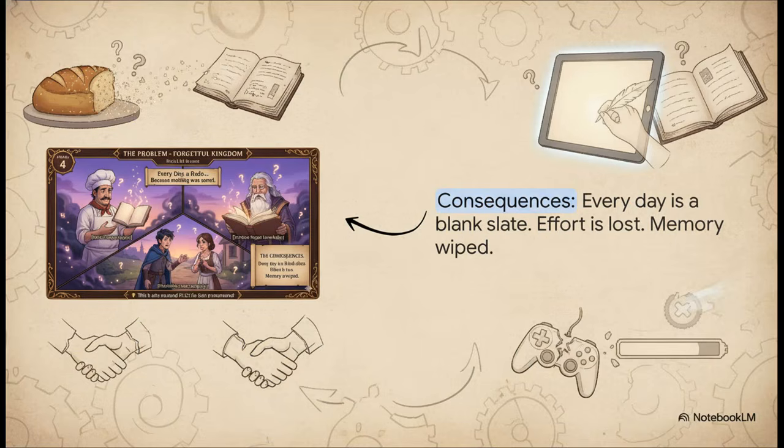Because nothing is saved, the real-world impact on Pythonia is tragic. Bakers forget the amazing new bread recipes they invented that very morning. Scholars are looking at totally blank pages where their hard-earned knowledge used to be. Even friendships reset every single day. Think about this in the context of an application. Imagine playing a video game for 10 hours, or typing a huge essay, and the literal moment you close the window, your progress is totally wiped out. Every time you open the program, you're starting from square one. It's an completely unworkable situation.